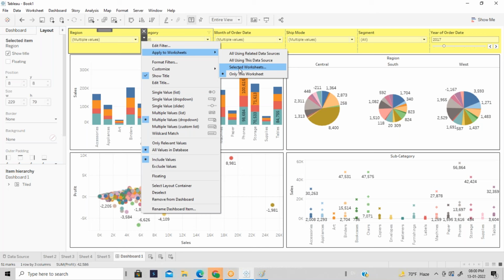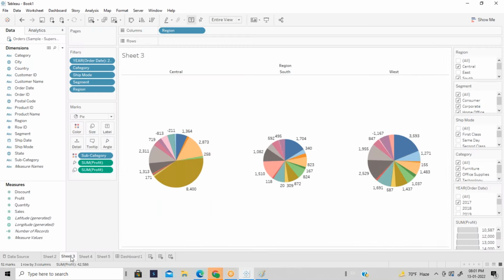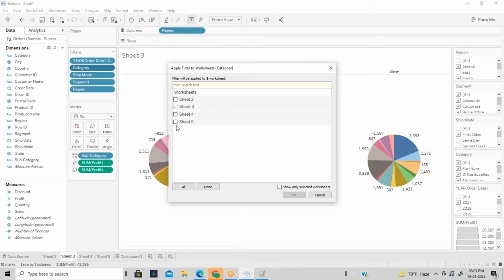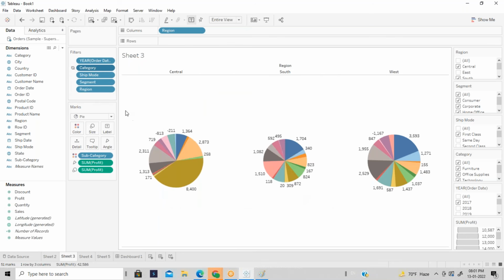Click on that. That means you are going to share this filter to multiple worksheets, because this filter which I created only in sheet number 2, nothing but sheet number 3. Only in sheet number 3 I created this filter, right? But these filters should apply to all the worksheets. Then what you can do, go here, apply to selected worksheets. Select the ones which you want to apply that. So I just want to apply to each and every sheet.